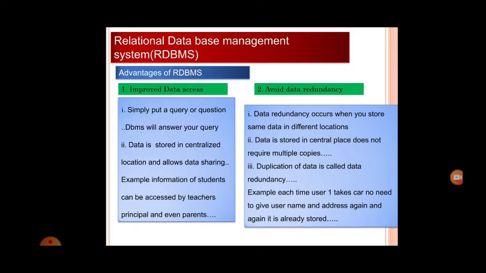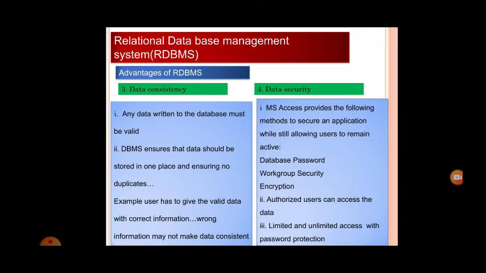Only the car name changes: in 2020 he has taken this car, and in 2021 he has changed to that car. So we only have to change two tables, the year table and the car name table. No need to give the user address, phone number, and username again. It's already stored inside the database. So this is the good advantage of a database.